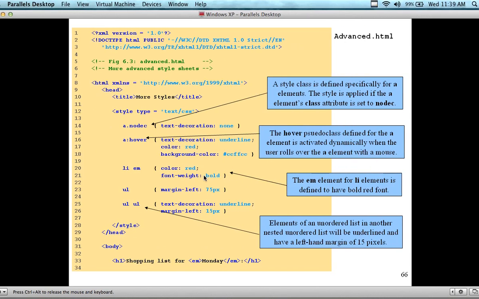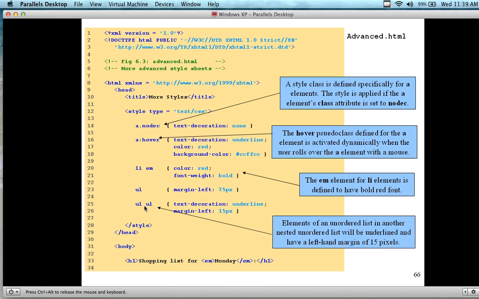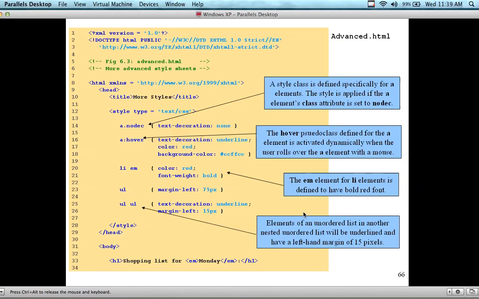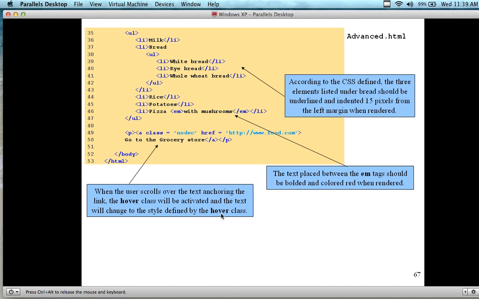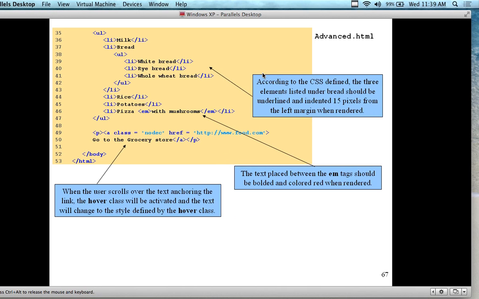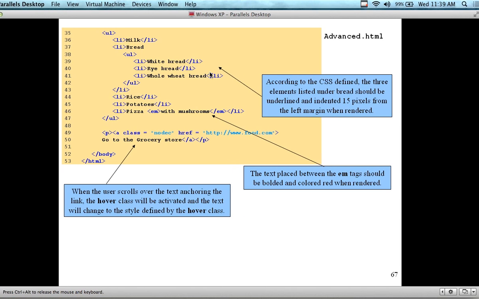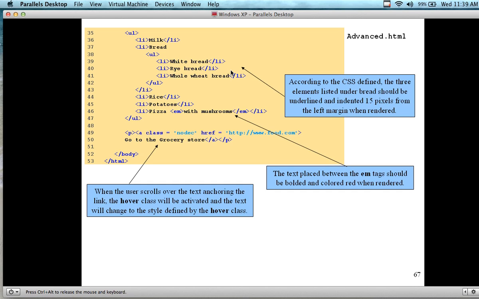So here's the EM element of the LI, and then here we have the unordered list, so the elements of an unordered list in another nested unordered list will be underlined, and we'll have a left-hand margin of 15 pixels. So it says inside of an unordered list, the unordered list itself. It's going to look like that. And then we have, according to the CSS defined, the 3 elements listed under the bread here are going to be in, because these are unordered lists inside of an unordered list, and they're going to apply that different attribute